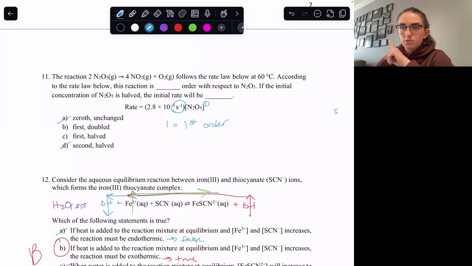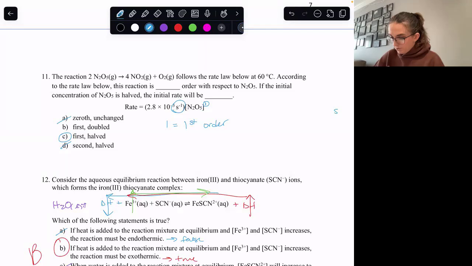All right, if concentration is doubled, what happens to our rate for first order? Yep, it's also doubled. Whatever happens to the concentration also happens to the rate. So if our concentration is halved, what is happening to our rate? Also halved, right? So C will be our answer choice here. And if you want to see that